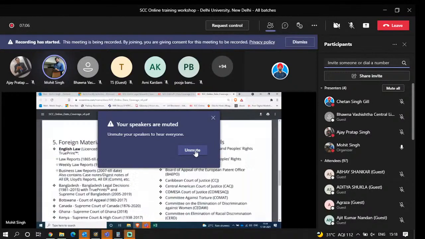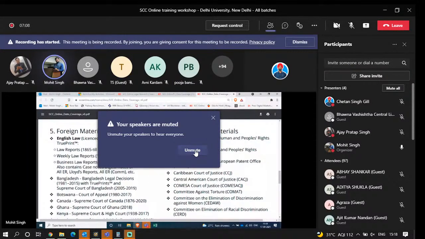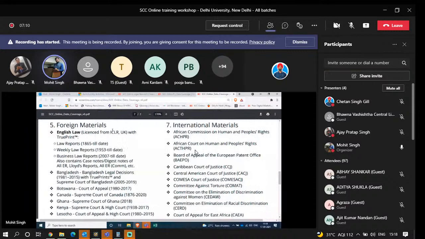materials on top of it. So you have Platinum Plus over here, which covers the foreign materials on the left hand side, and it covers the English law, the UK content. The UK content is coming from ICLR, that is Incorporated Council of Law Reporting, and they're also giving the true